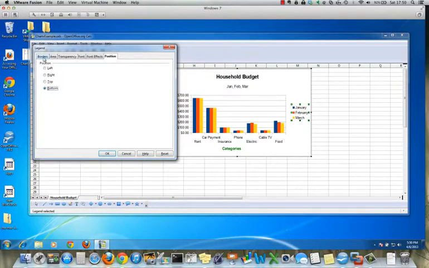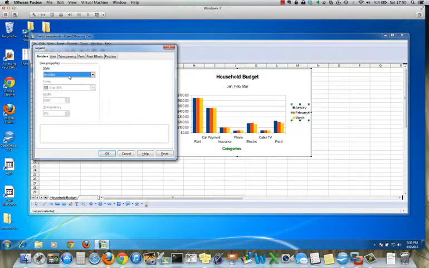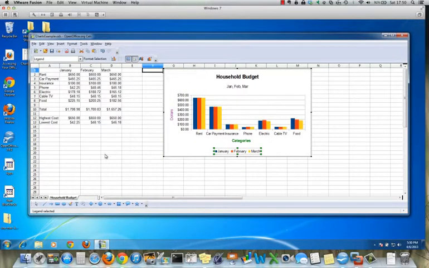And the other thing I'll do just to have it stand out a little bit is to put a border around it. So I'll just go for a continuous line around the legend. And you see the legend's at the bottom with a border, and we have more space for the chart across the space we've allocated on the spreadsheet. The other thing we can do is